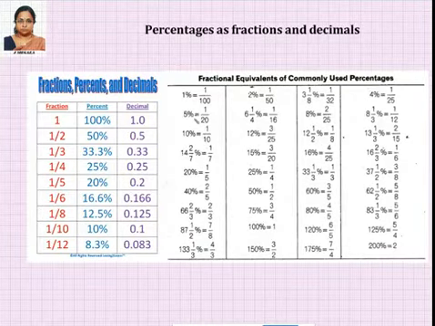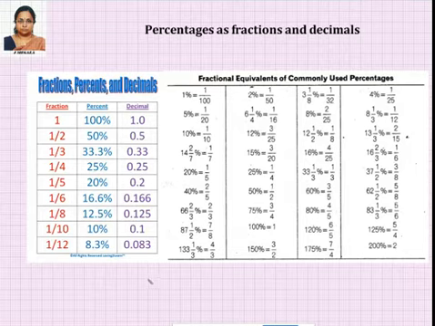Percentages as fractions is very, very common. Not all the percentages are converted, only certain percentages which are very common and useful, and we are going to see only those. You can see all this is given, like 1 is 100 percentage. When you say 1 into 100, that's it. Now 1 by 2 into 100 is nothing but 50 percentage, 33, and so on. So these are all the percentages which you're supposed to remember. If you know this, it will be better for you, because most of the problems will be solved easily when you know the percentage as fraction.